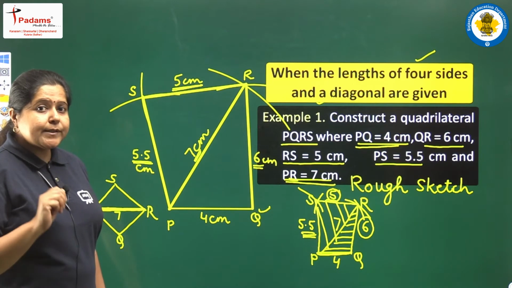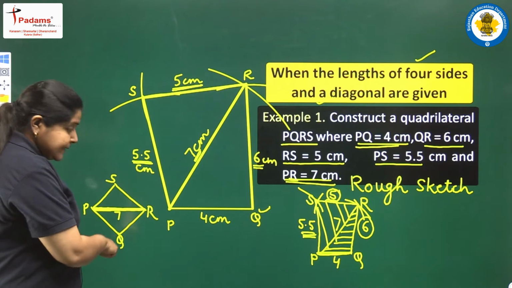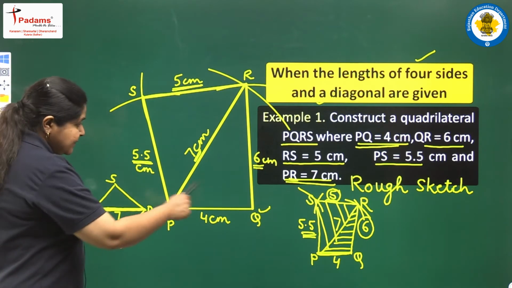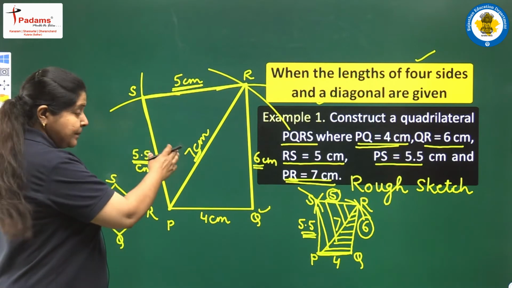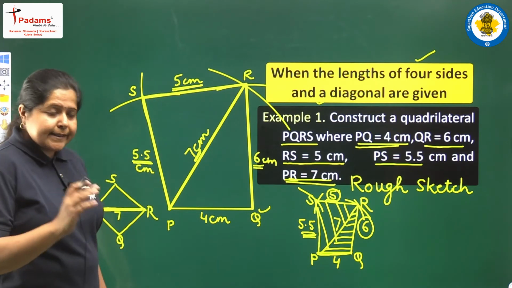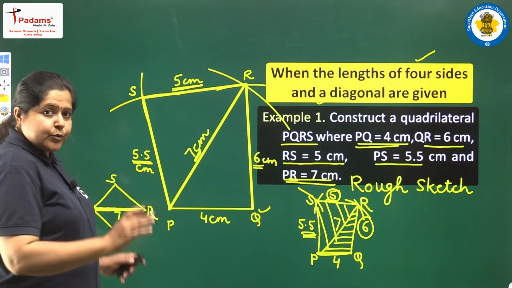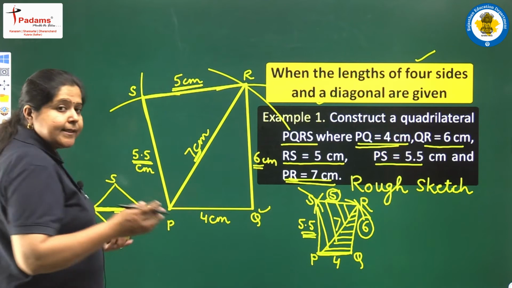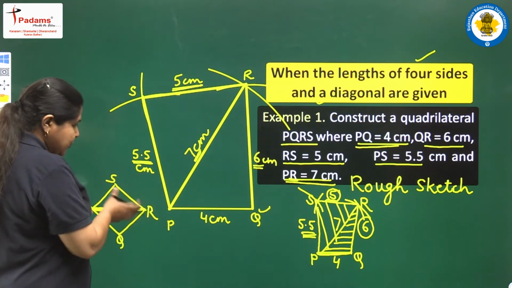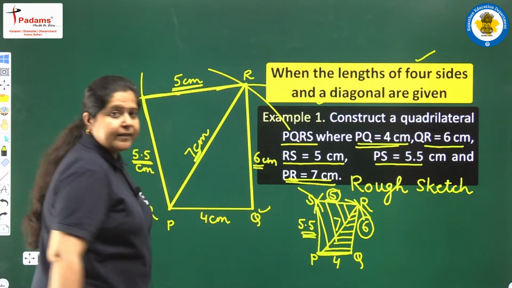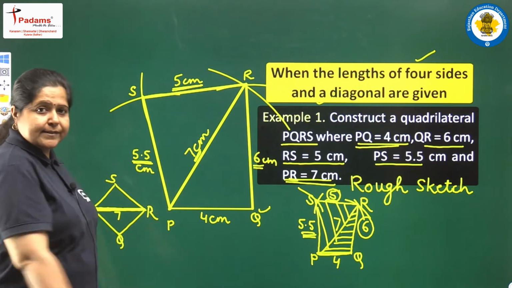But yes, do not get confused with the uniqueness of this quadrilateral by this rough sketch. These rough sketches are the sketches of this same main figure. It is just the rotated image of this particular quadrilateral. So, do not get confused, these two are one and the same thing. The only difference is that this is the rotated image of this particular quadrilateral. Okay? So, we can draw in these two ways.